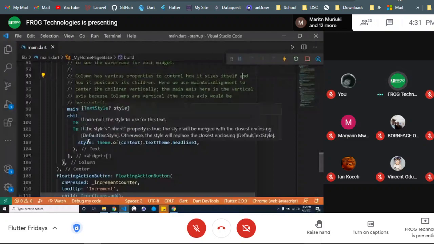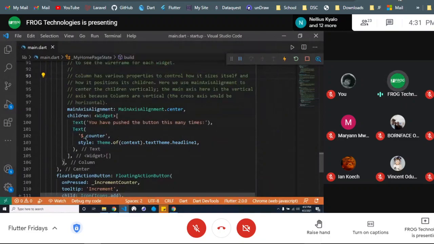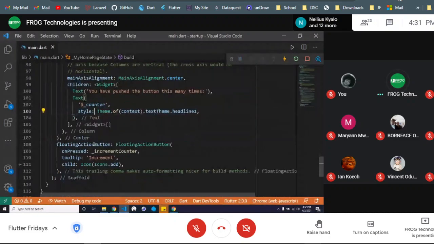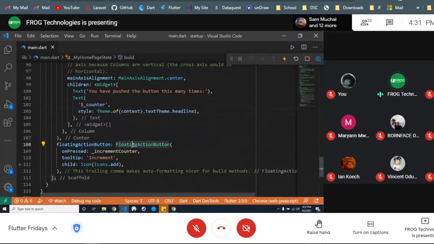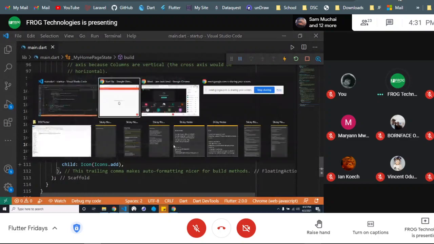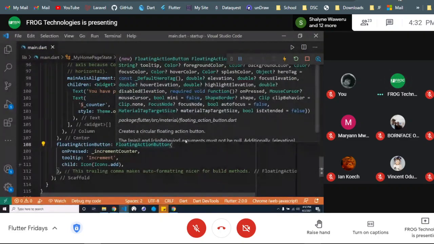Like style. We have style, we have start style, we have text align, etc. They are nullable, which means that they don't have to be there, but you can choose to have them there. Then here we have floating action button as well, being an attribute, or a property, of the Scaffold widget. So it accepts a widget called a floating action button, also called in short a fab,